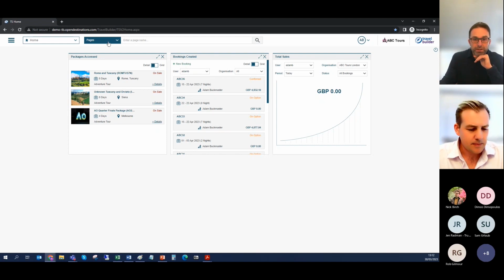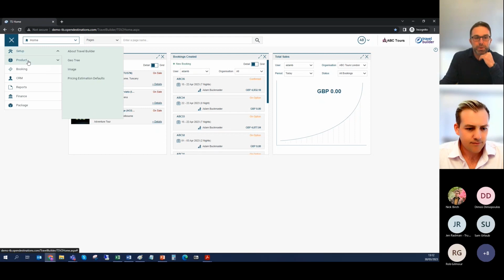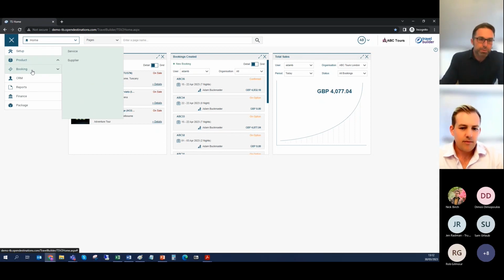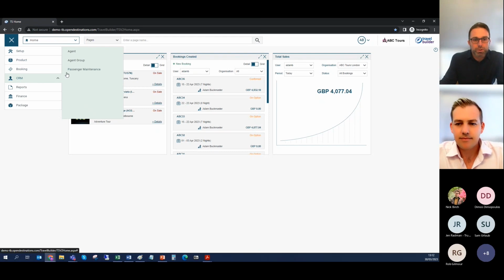But just to orientate you a little bit, across the top here, we've got our menu. Within the menu here at the top, it's divided into separate sections, the names of which will give you an idea as to what sort of data you can hold. So I'd say on the whole, we'll focus a little bit to start with on the CRM side of Travel